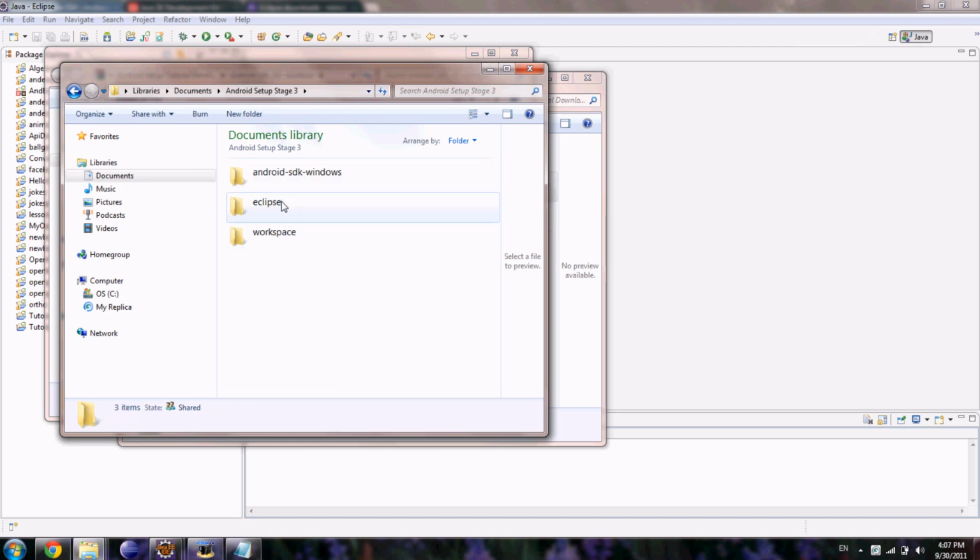You should have 3 folders in here: Eclipse, Workspace, and Android SDK Windows. Again, do not mind the stages. This is just for the tutorial. You should just have an Android setup folder with these 3 things inside of it. Once you've pasted the Android SDK Windows inside of there, inside the setup folder, go back to Eclipse